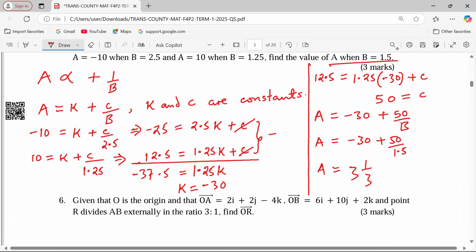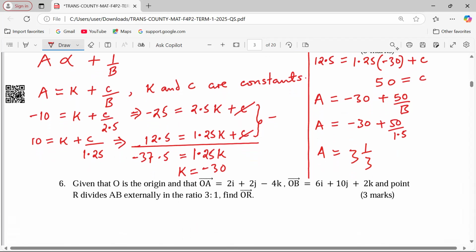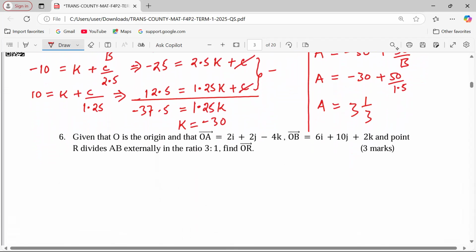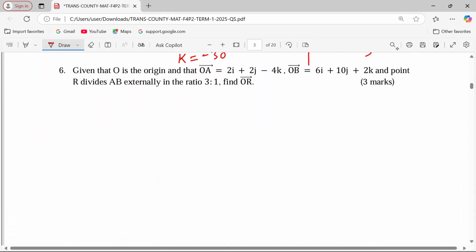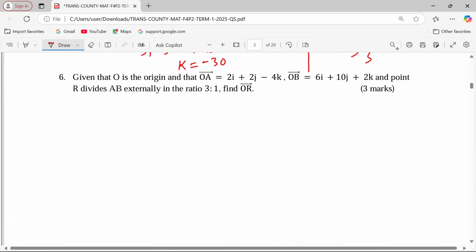3 1/3. So that is the value of A when the value of B is 1.5. That is it. Let us look at number 6, which is a very good question on vector 2, proportional division